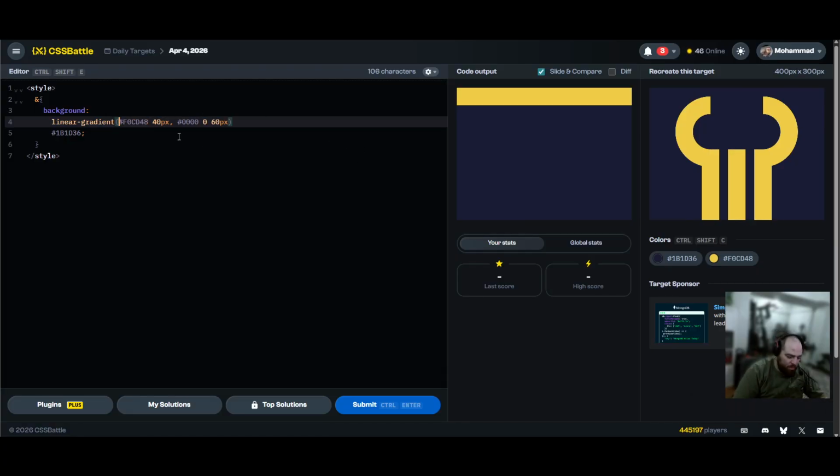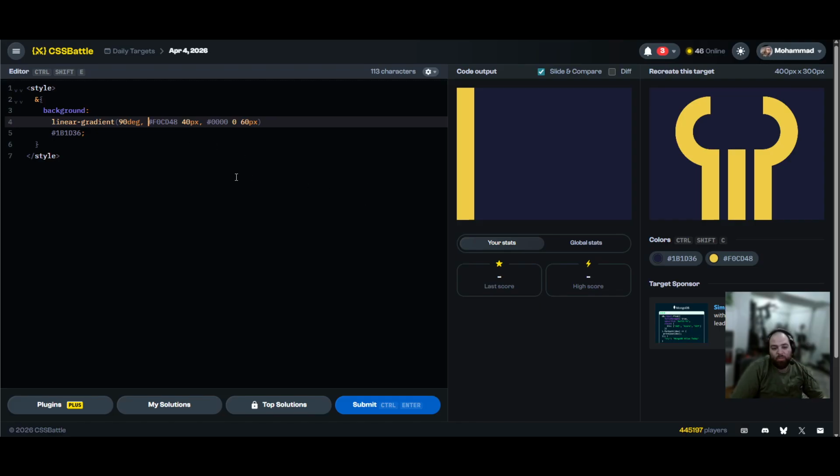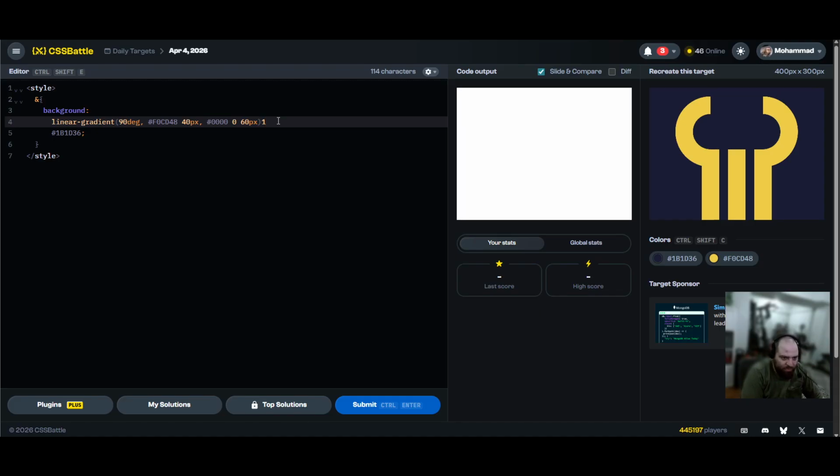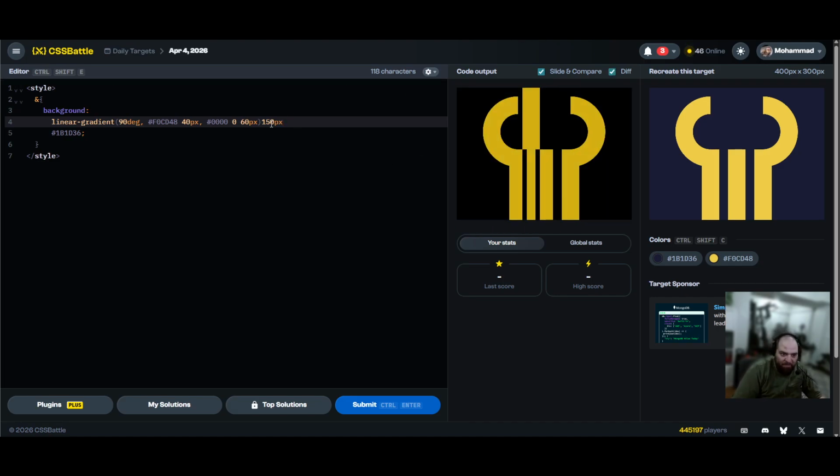We'll go 90 degrees. Right? And what I'm going to do with this is try to place it right here. So let's go with 150px. That's a bit much, right? No, 130, 120. Fantastic. 120, and then I'll go slash,